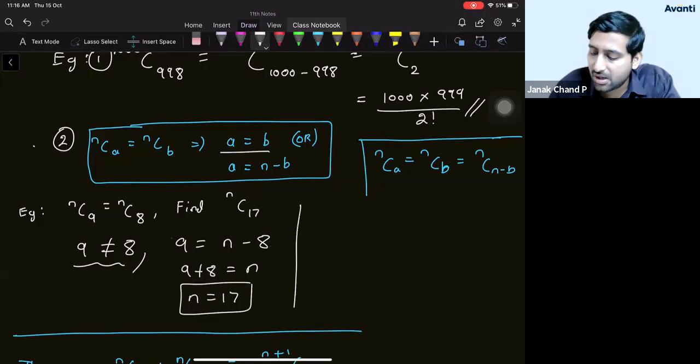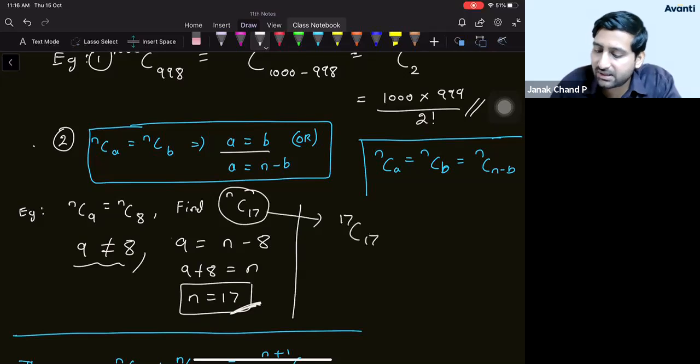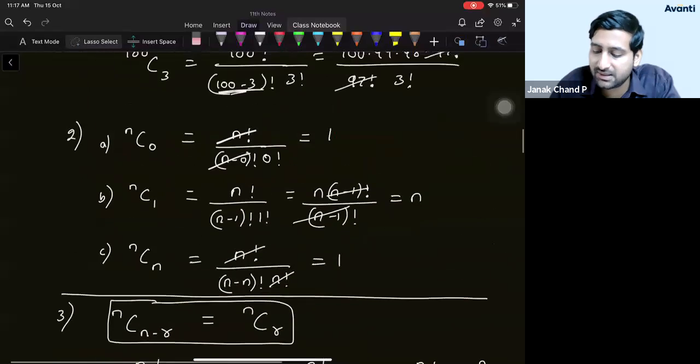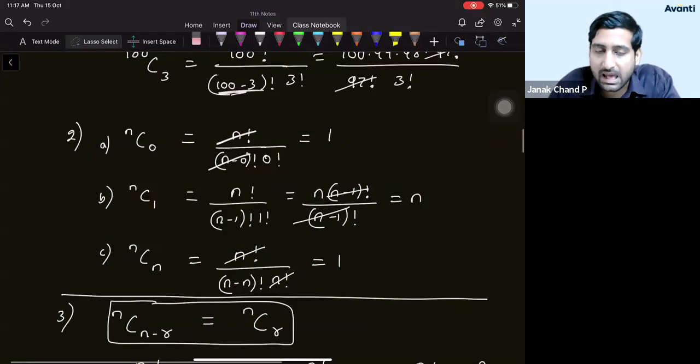Yes, that is correct, Tarak. Once you get n is equal to 17, you need to calculate this, right? So that is nothing but, student, 17C17. We already know the value of n. What is the value of nCn? So if you have nCn, student, you should not waste your time in putting the formula. You should directly say the value of this is 1. Maybe now you might not be knowing it, but you should quickly memorize these three special values. nC0 as well as nC1, both of them are 1 and n. And if you talk about nCn, the value of that is 1.